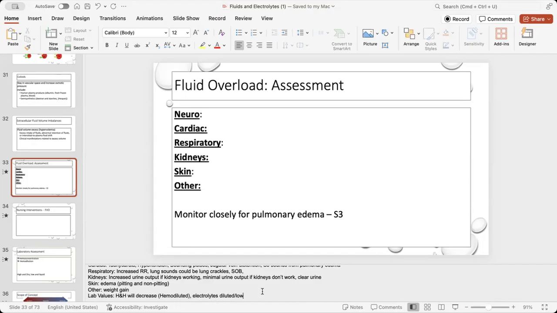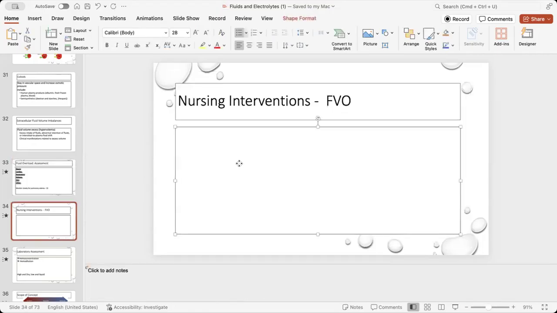All right, so what do I do for a client who is fluid overloaded, if they're taking in too much water? Fluid restriction, if I gave them too much IV fluids. Sodium restriction, fluid restriction, stop the fluids. How do I get rid of some extra fluid? What medication? Diuretics. Okay, diuretics.